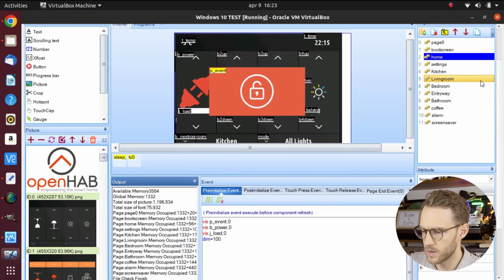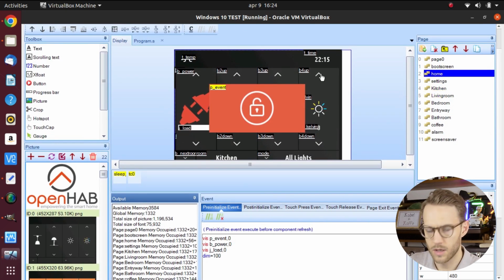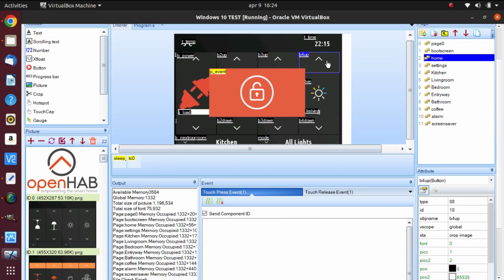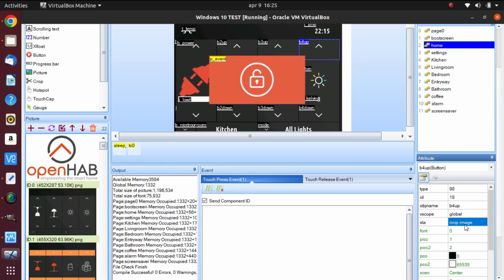Closing that one. What is actually happening is that an attribute is changed. Choosing this button, for example, and looking at the attributes, you see the size of the button. Looking at this setting here, you have to use crop image to be able to do this. You could use solid color, then it's just a color on the button. You can choose the color that you want, or you could use image. That would be if you had a small icon image that you wanted to use on that button. You could do that as well. But I'm using the crop method,